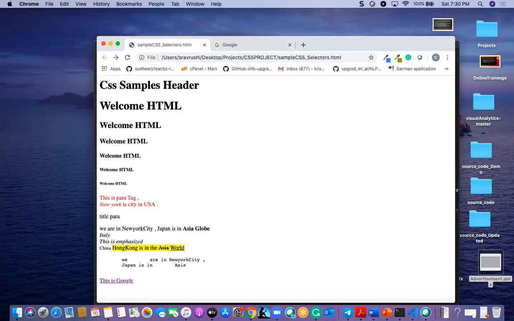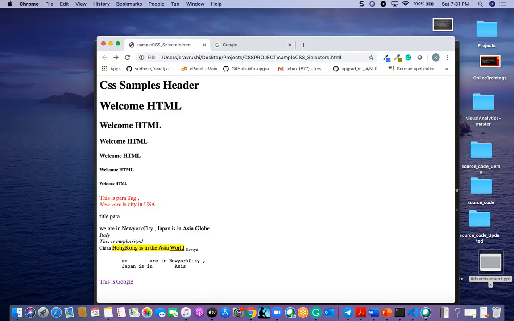Now we can go and refresh. It came down. So that's a subscript. It's like a script, but it is a sub element of that script.